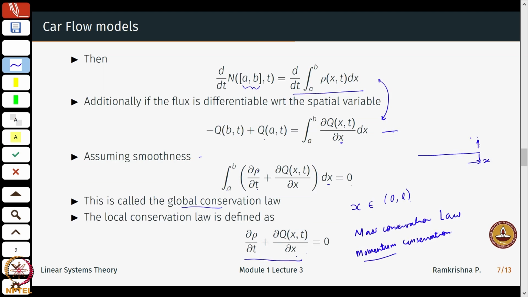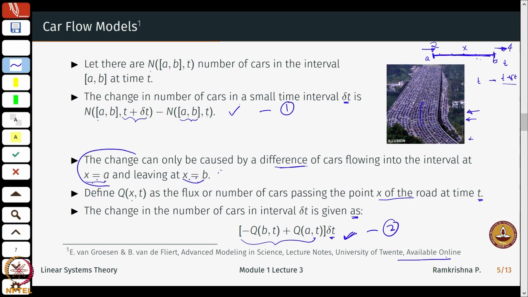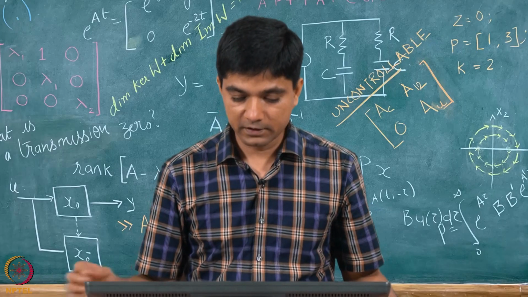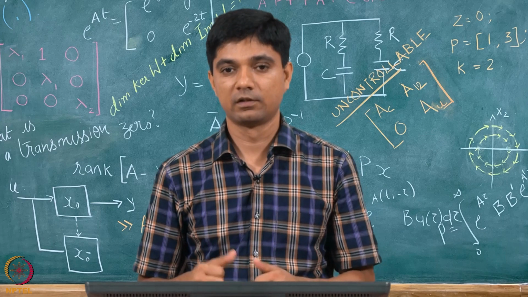Of course, these are very simple models, then you can derive more complicated models on whether the flux depends on the density, whether the flux depends on the velocity of the car, an upper bound on the velocity, and there are more things on that. So, for those details I can just refer you to these notes which are available online. Okay, we pause here before we go to the next set of examples, which will be on computing systems.